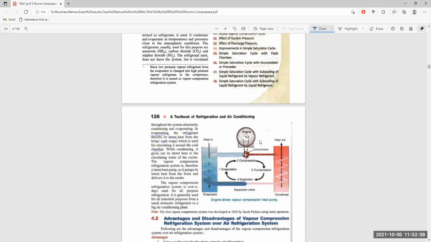So the refrigerant is evaporating and draws heat from the brine solution, and which saturates,